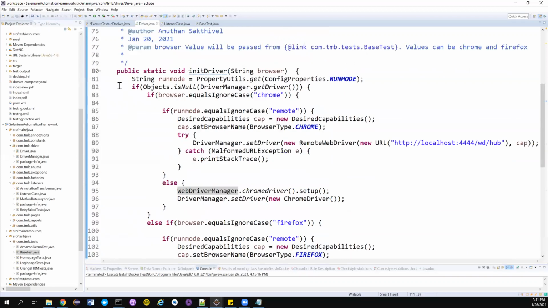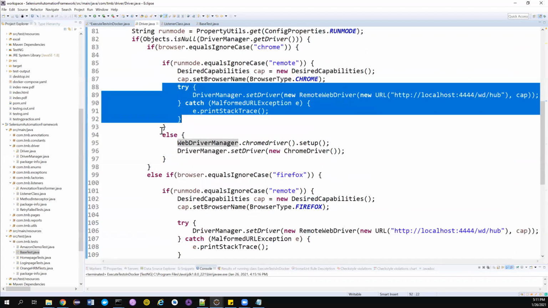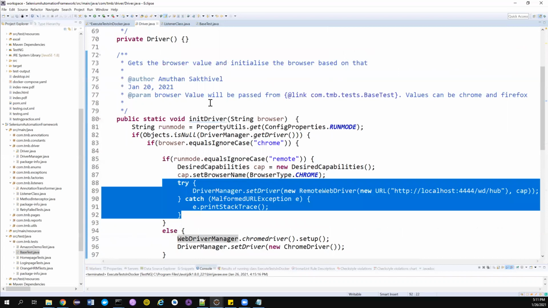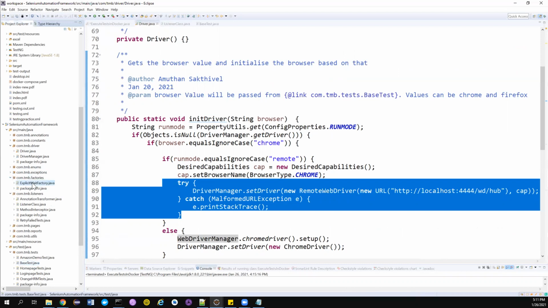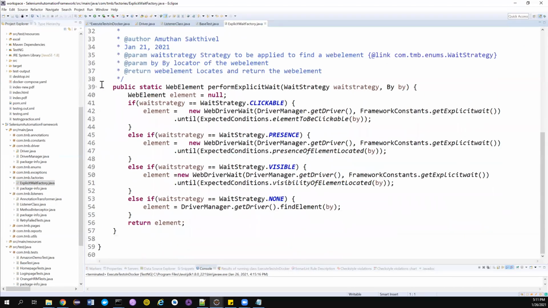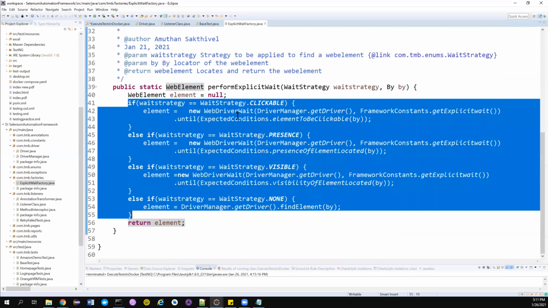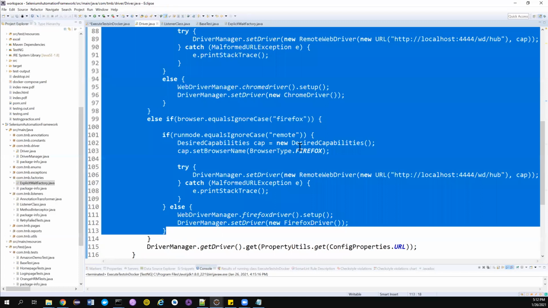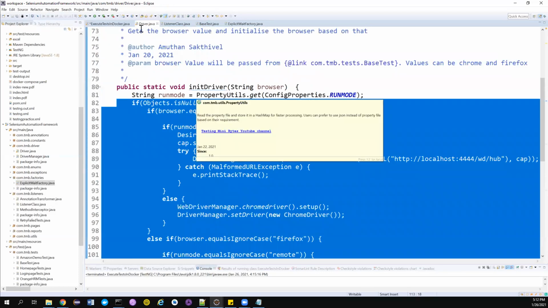If you notice, the code contains so many if blocks, and even inside that we have a try catch block, making our code look very clumsy, right? It looks very messy. So we need to fix this issue. With our previous experience, we had a similar thing, and that's when we created this explicit wait factory with a static method which returns a web element and holds all the waiting strategies for our Selenium test, right? The same way, this particular code with a lot of if conditions and try catch blocks can be optimized with the help of a driver factory.